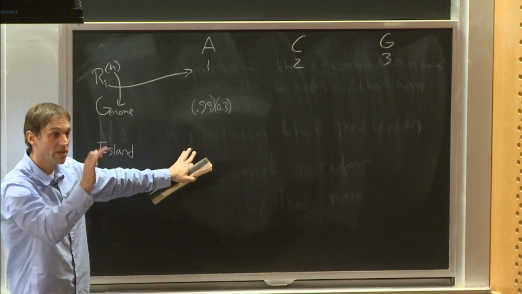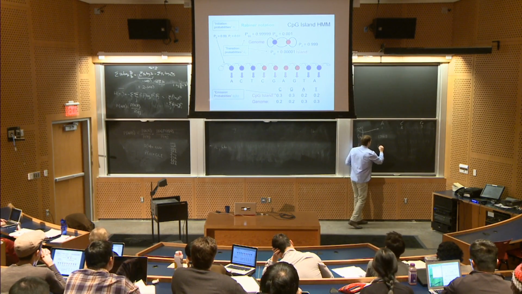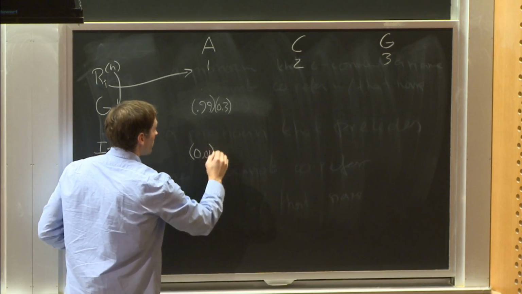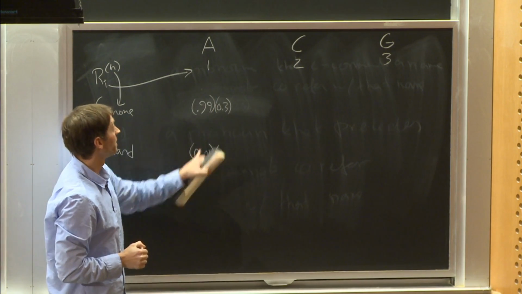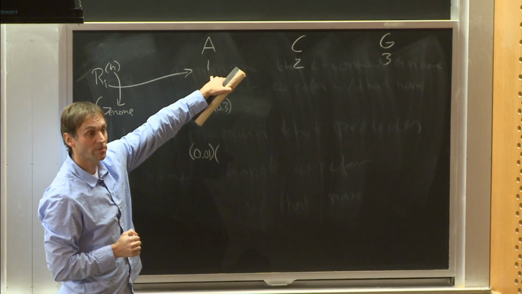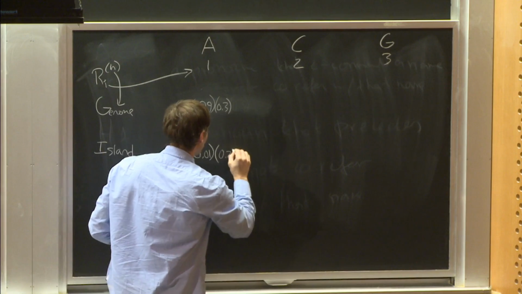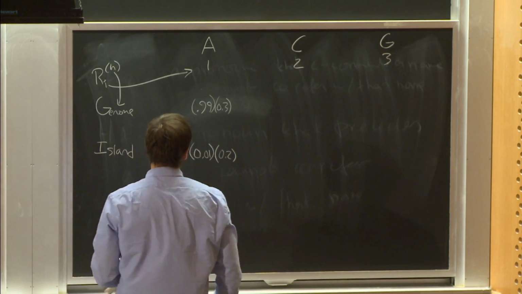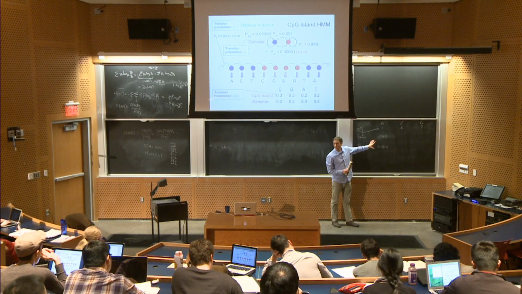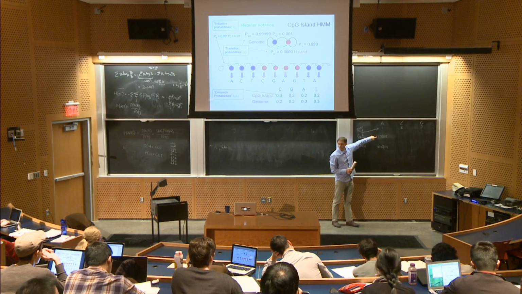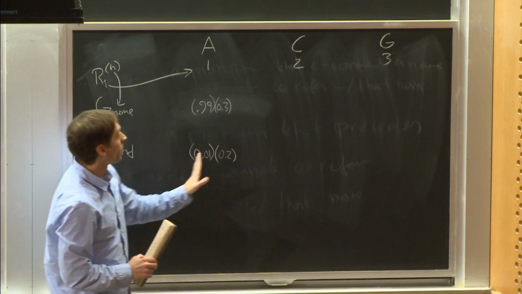And what about island? Deborah, you want to take this one? 0.01 to be in the island. And what about the emission probability? We have to start in island and then emit an A, which is probability what? 0.2. Yeah, it's up on the screen. Okay? So who's winning so far? If the sequence ended at position 1, genome's winning, right? This is a lot bigger than that. It's about 150 times bigger, right? Okay, now what do we do when we go